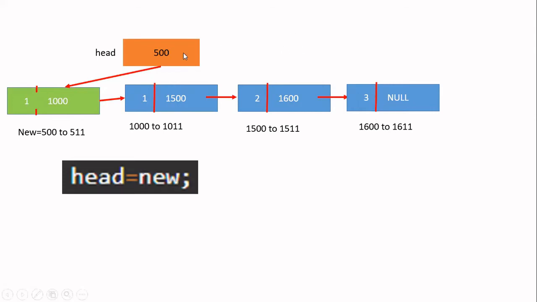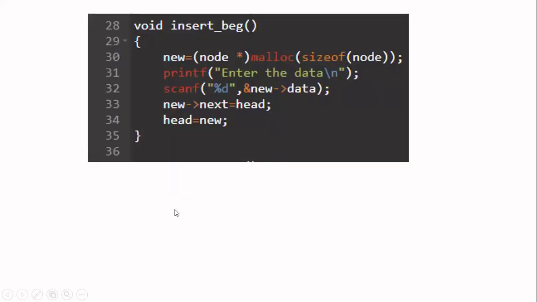Okay, so we have now started with the head pointer. We traveled all the nodes, including the new node, and we have inserted the new node in the beginning. Now we will see the function for this. Whatever steps I have explained before, I have written all the steps one by one, nothing new here.